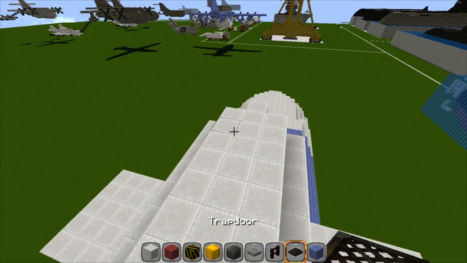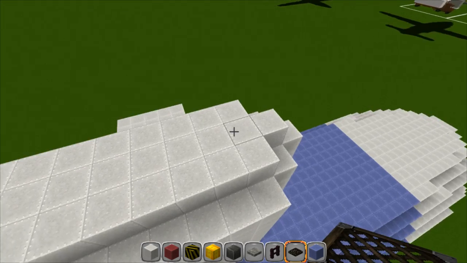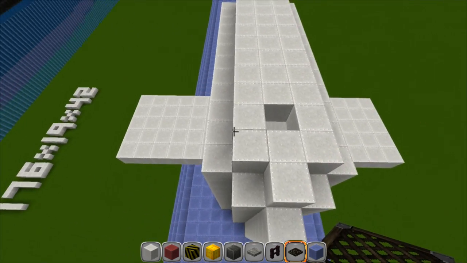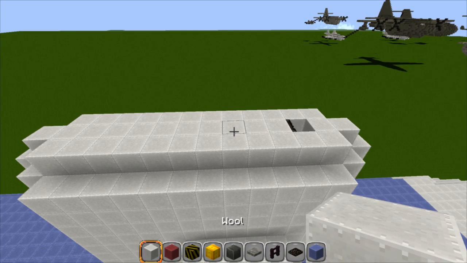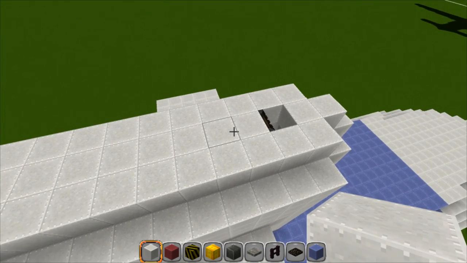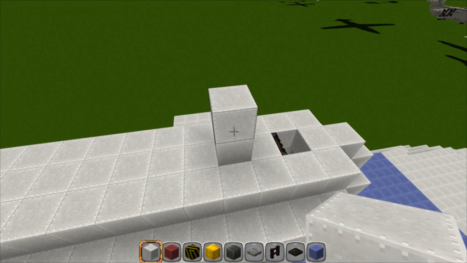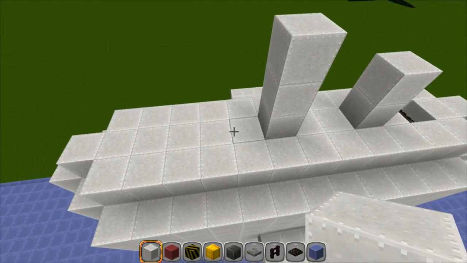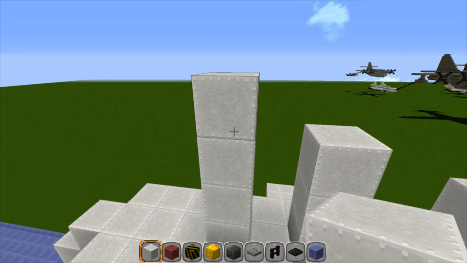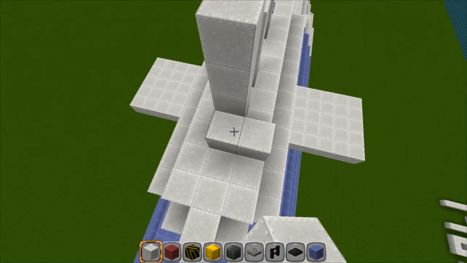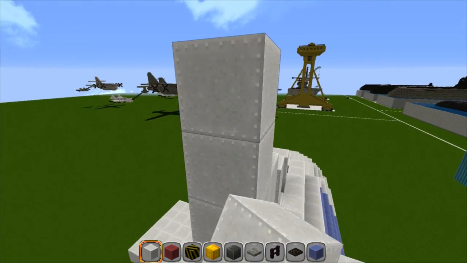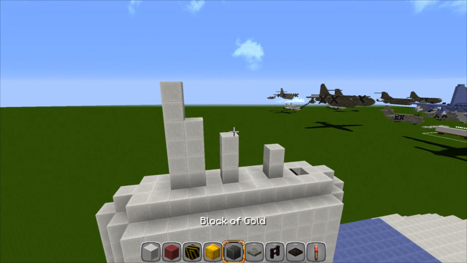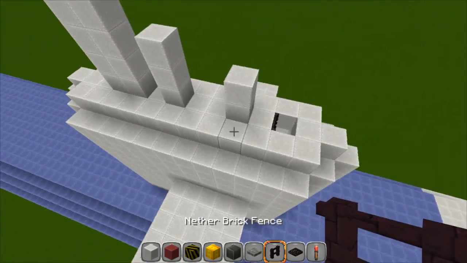Alright, now we're going to go to the third block right here, 1, 2, and 3, and we're going to bust it out and go ahead and put your trap door in. Alright, go back to your black block and count 2, and then go up 2, skip 2 more blocks and go up 3, skip 1 block and go up 4, and then right behind that go up 6. Just like that. Alright, now grab your nether brick fencing, and you're going to put